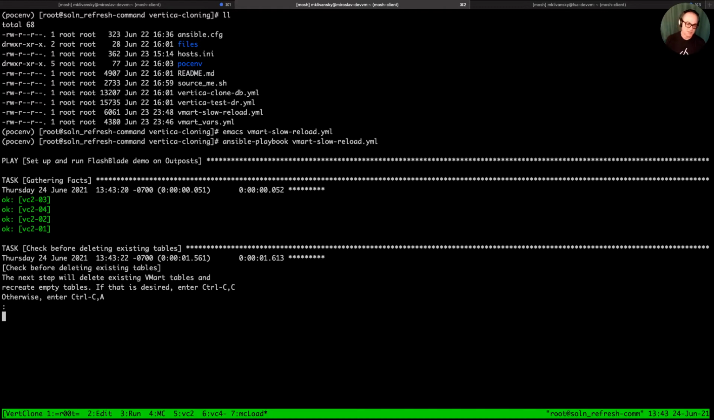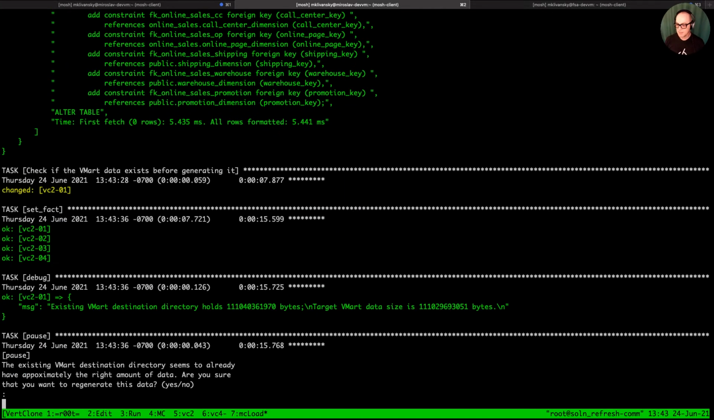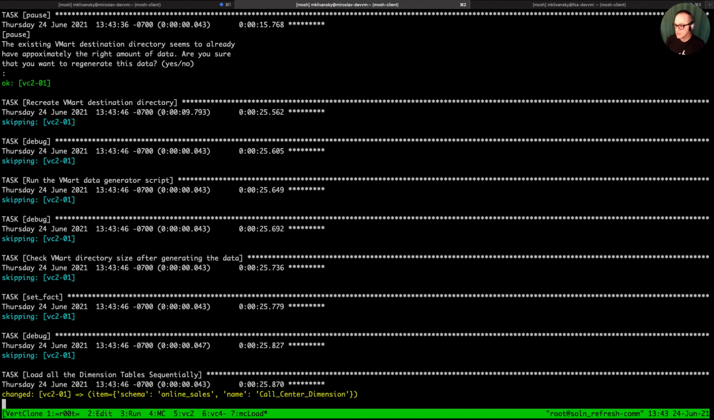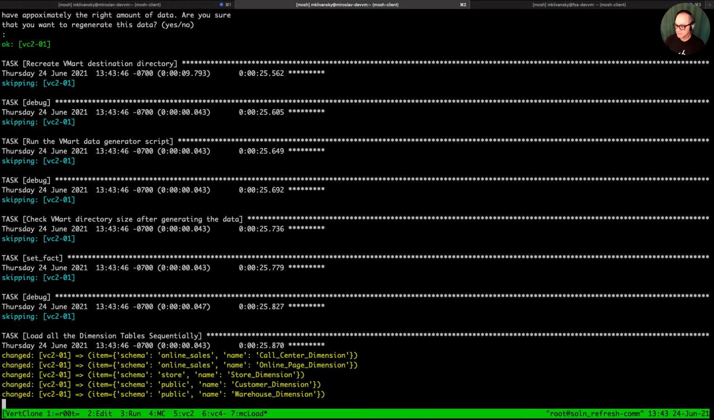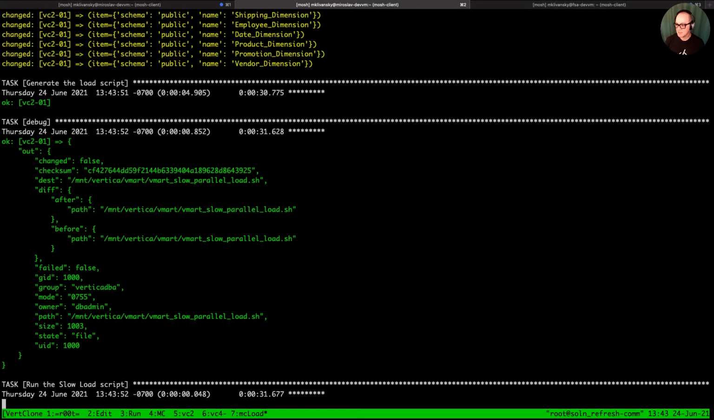Okay, so it's going to check before it drops the databases. And now it's going to go and take a look at the size of the existing VMart directory. And it says like, okay, it already holds about 100 gigs, do you want it to be regenerated? So I'm going to say no. So it's going to skip all of those steps. Now load the dimension tables, and it'll create the load script, copy it to the node,